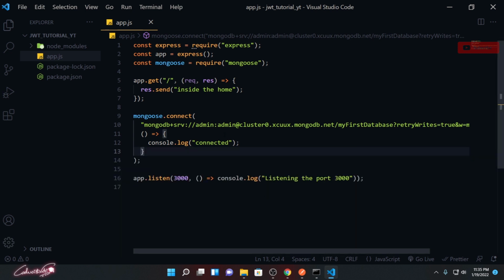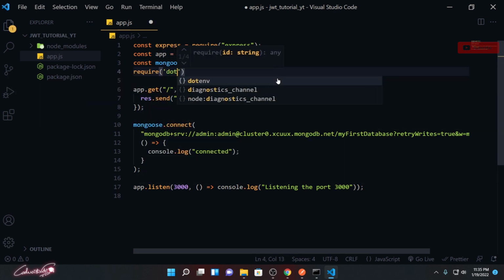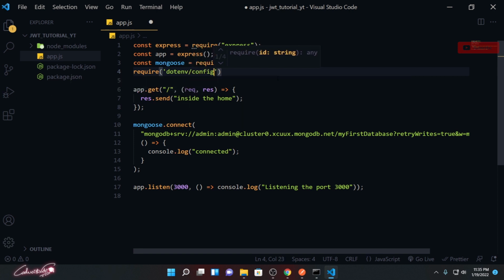Let me close this terminal, and right up here, I'm going to use that. So require dotenv/config. You can directly import that package. Now you can use environment variables over here.